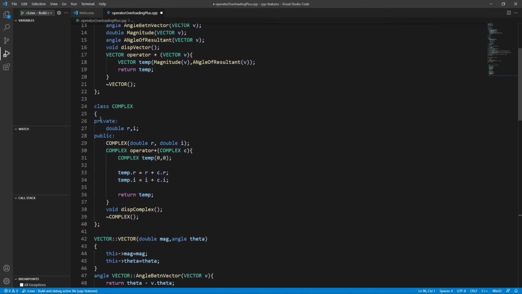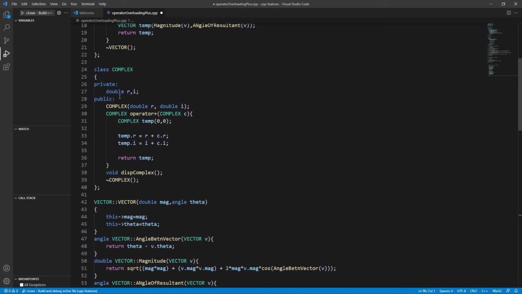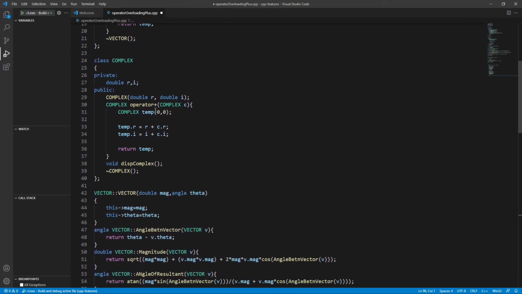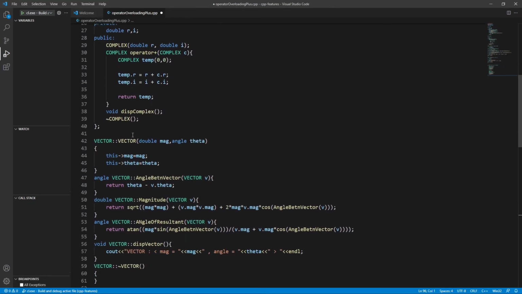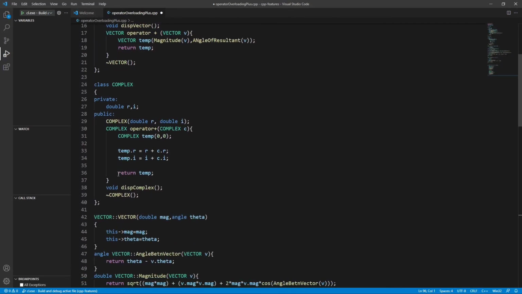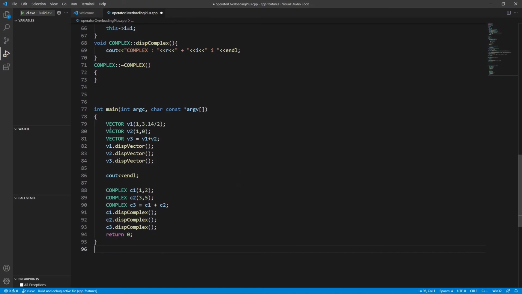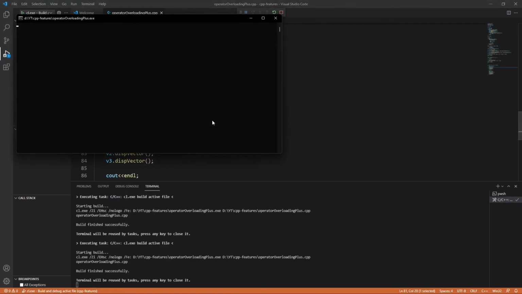So see, I have created a complex class here where real and imaginary are two members of double type, and here is the constructor, here is the operator overloading, and in the same way there is another class, the vector class, that we have already created. Now you can see that here we are adding two vectors, and here we are adding two complex numbers. So this plus operator shows different behavior with different types of arguments.